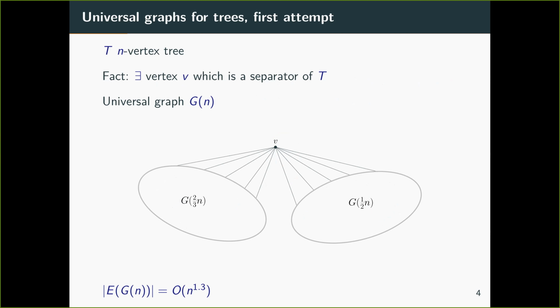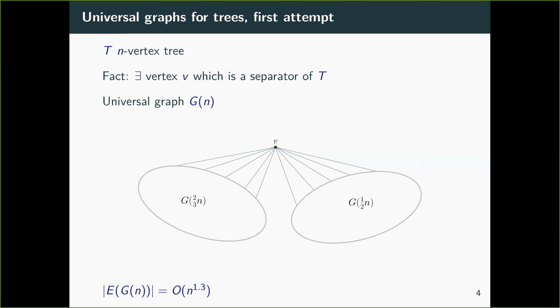And what I suggest we do before we really address planar graphs is to look at trees. It's a good warm-up. And some of the ideas that we are going to use for trees, which is actually a simple case, we are going to meet them again in more elaborate versions later in the talk, right? So it's a good way to start. So let's say that we want to build a good universal graph for n vertex trees. And again, this means not too many edges.